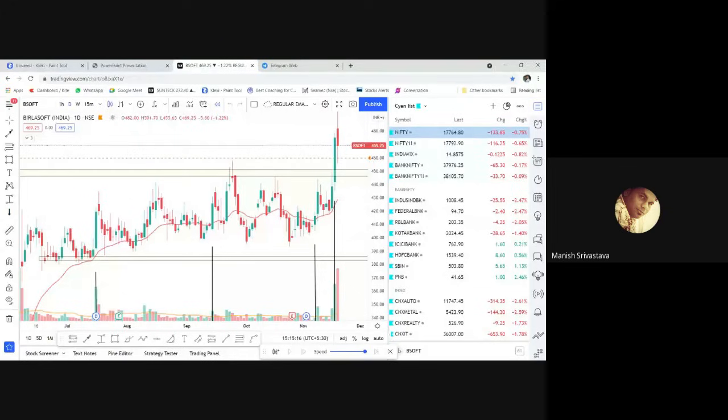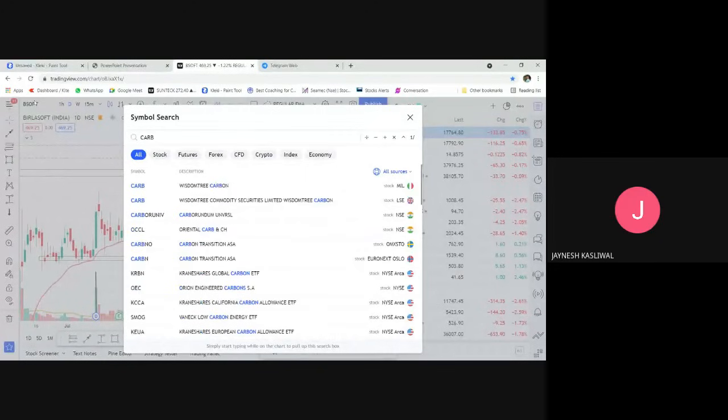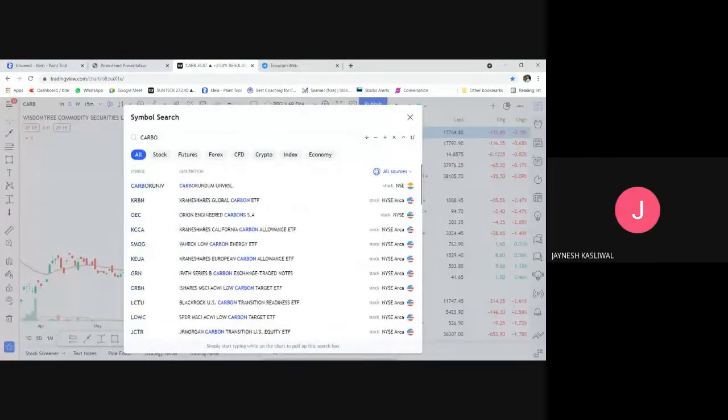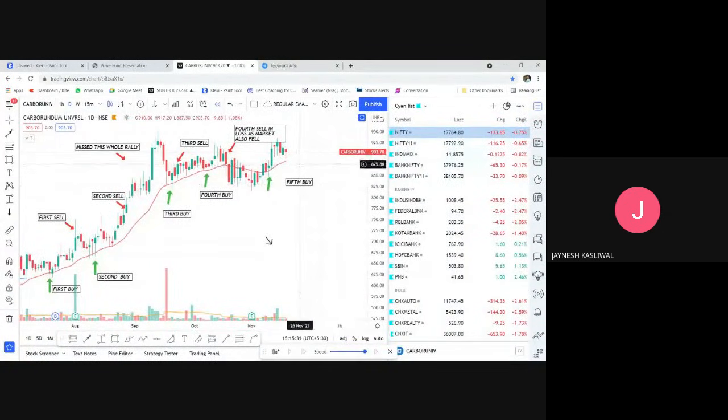सर एक और डाउट था सर, ये कार्बो रैंडम यूनिवर्सल पे आपका व्यू क्या है सर? वो भी लाइक ब्रेकआउट होने वाला था तो। कार्बो रैंडम यूनिवर्सल तो मैं कब से ही बुलिश हूं, और मैंने इस पे शेयर ट्रेड भी शेयर की है, काफी चीजें अच्छी है स्टॉक की। और देखो देख रहे हो कि at the end of the day it has completely recovered almost 1%। 1% गिरना is a normal thing, ओके, इसको आप नहीं बोल सकते कि गिरा है।